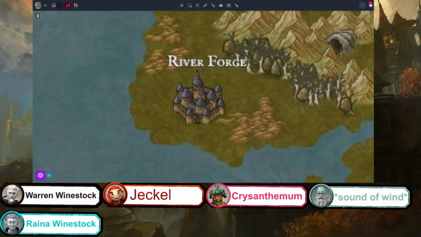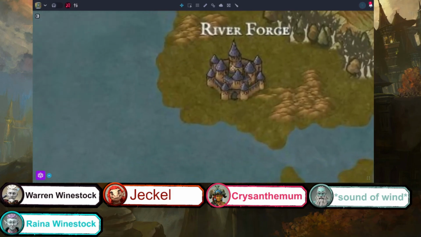So I think I kind of want to start us in River Forge. Chrysanthemum and Sound of Wind, you guys have tracked the tale of Reyna and her protector to this area called River Forge. It said that she had left from another continent and she's expected to be there.